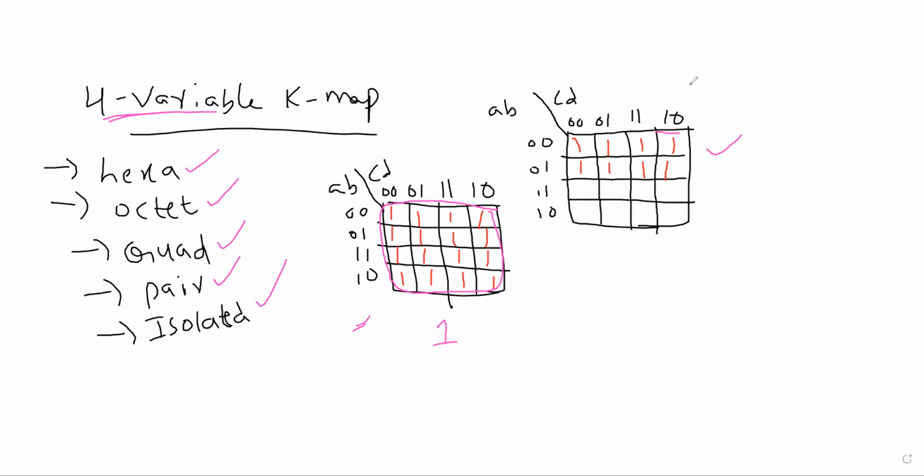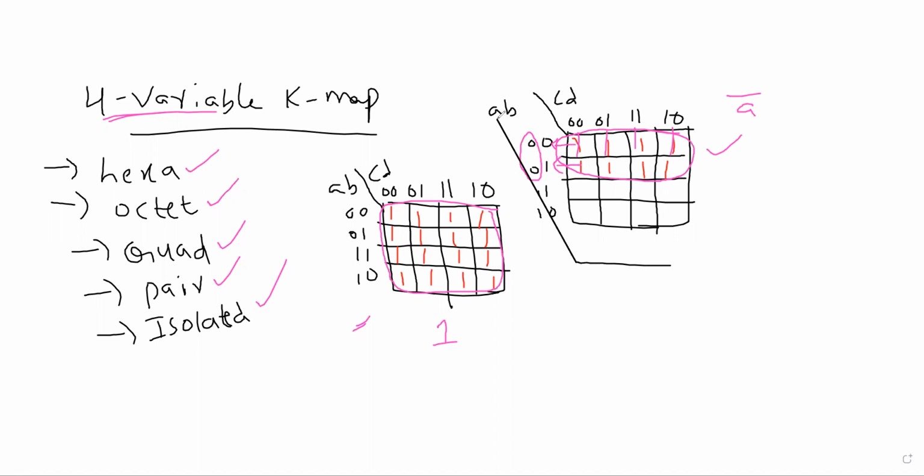Now if you observe this one, we are having a chance of octet here. Therefore, there is no constant column present here. But if you observe the rows, there are two rows. In these two rows, which one is common? The 0 is common. That means what is the output? A bar is the output. Is it clear?